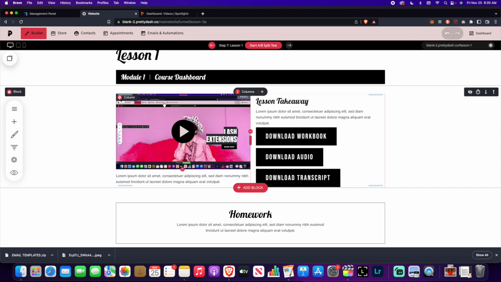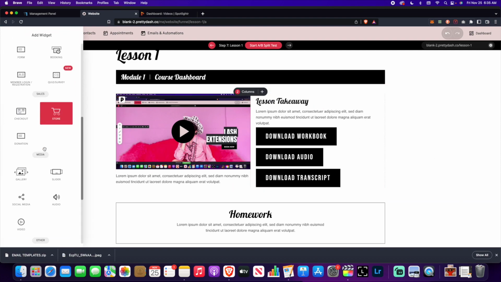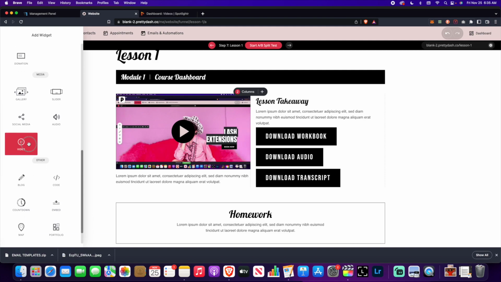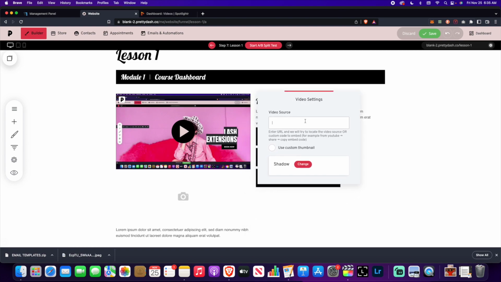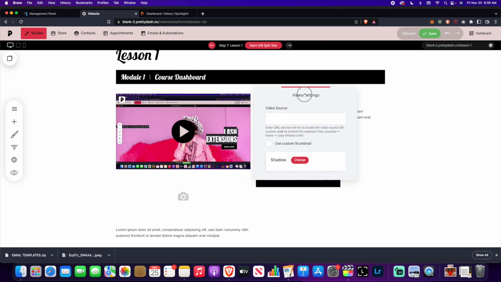And now we'll talk about videos real quick. To put in a video widget, first of all, you click video widget, you put it in there, and it's gonna ask you for the video source. Now the video source is gonna be YouTube, Vimeo, or another one that I use, Spotlighter, and I'll show you that in a second. And the reason that we do not let you host your videos on this site is because videos take up a lot of